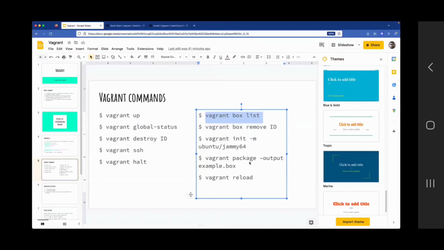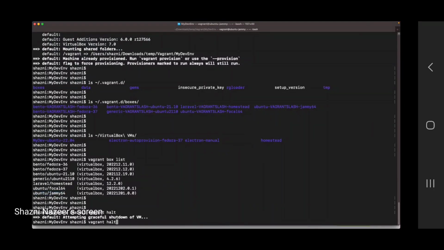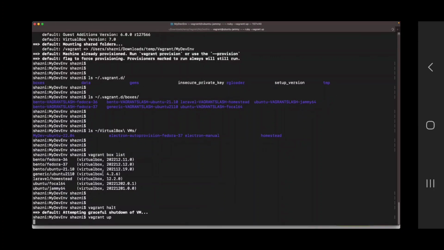There's one more very important command that you need to know, which is the vagrant package command. Before we go on to that, let's try to install some software so that we will understand what it means. Of course, for that I will have to have my machine up and running as well. I just halted that, so while that's coming up,